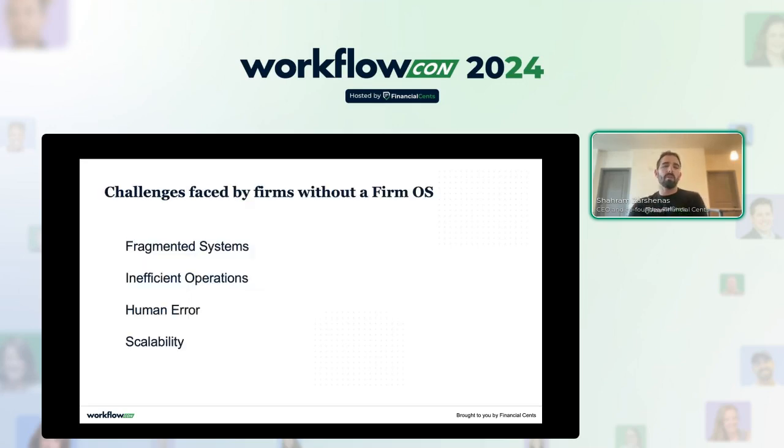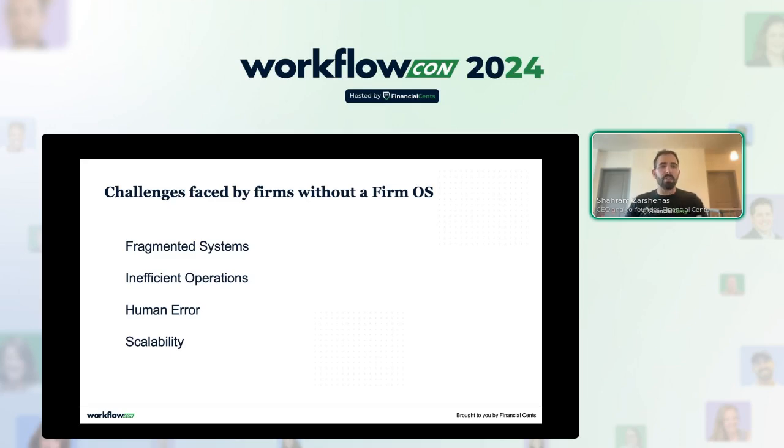Why is this important, right? A lot of times when you start out, you don't really need a firm operating system. It's good to still have, but you don't feel the pain. But as you start to grow, you start to take on more clients, maybe you even add a few team members, your firm becomes more complex. And you start to see all this client information is being stored in all these different places. All the communication with your team and your clients is happening in all these different places. Everyone starts to get confused because they don't know what system to use for what.